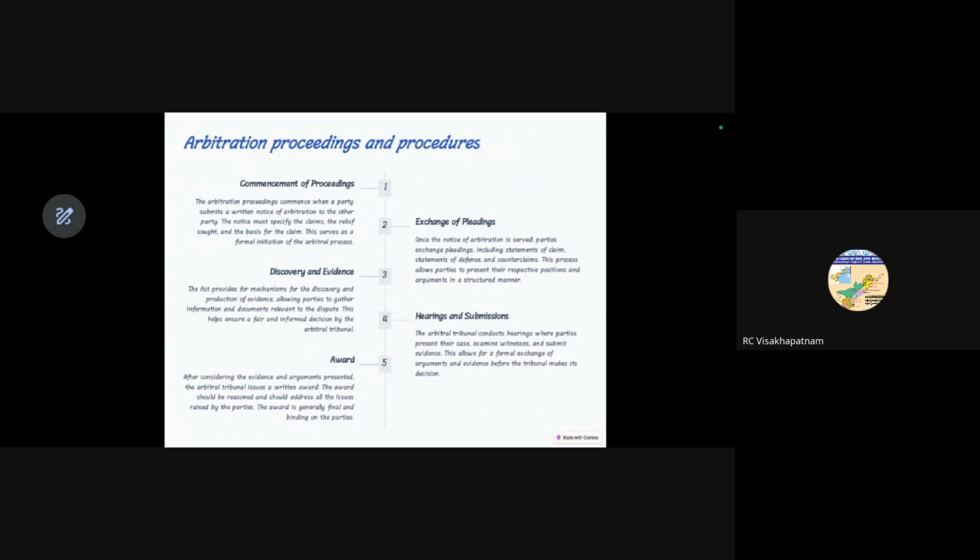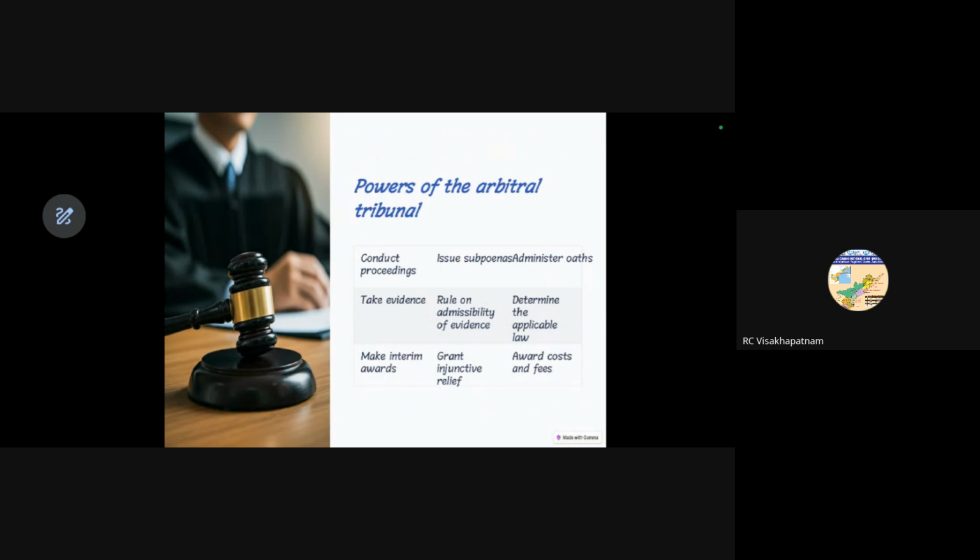First, the commencement of the case. Second, the exchange of pleadings. Third, if any evidence is there, you have to produce it. And fourth, hearings, cross hearings, submissions, final submissions. And finally, the competent person in the adjudication place can make the award. The powers of the arbitration tribunal: it conducts proceedings, issues